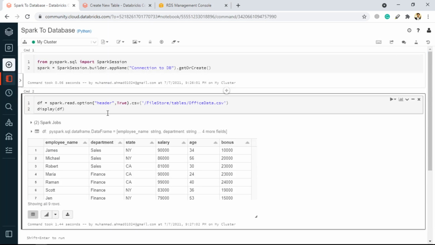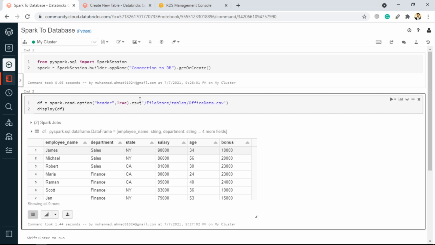Now when I write this data frame to the database, Spark will consider the schema of this data frame, create a table inside the database and then write the data over there. So we don't have to worry about creating the schema or creating the table or anything like that. We just need to worry about the data frame creation. And if we have created our data frame successfully and properly, we can just simply write it.